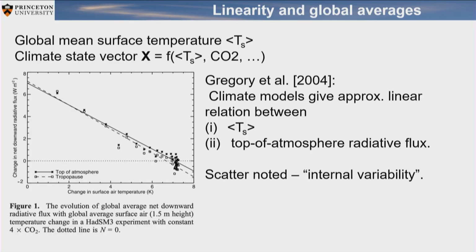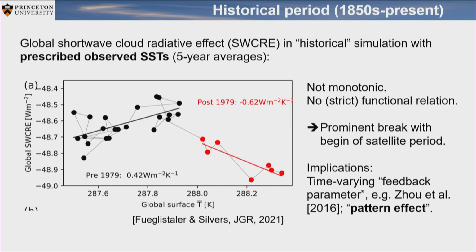The same is true. This is from a figure from Jonathan Gregory's paper. If you perturb a climate model at some time point T0 with a radiative top of atmosphere perturbation, the system goes back to equilibrium. If you plot the temperature change on the x-axis as a function of the top of atmosphere imbalance, it's a radiative budget, it's to good approximation linear. We note there's a bit of scatter, but again, it's quite remarkable that in principle everything turns out to be very linear.